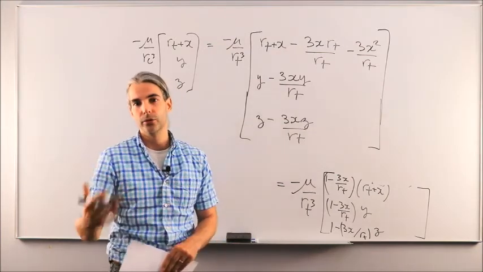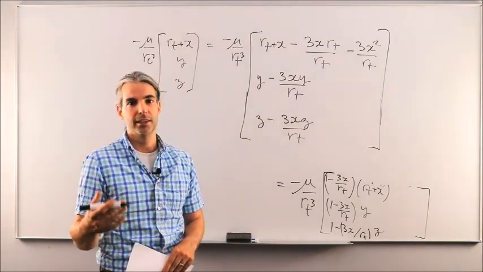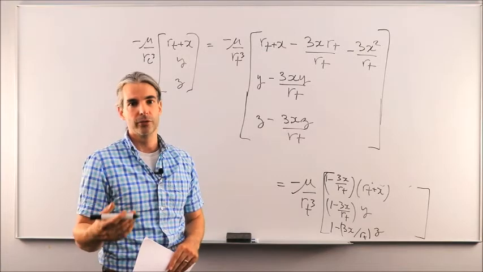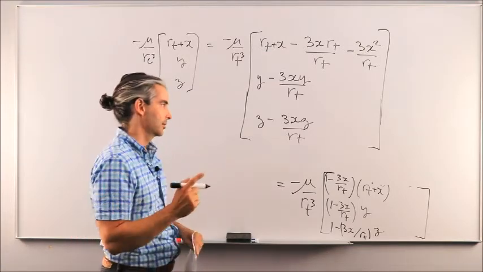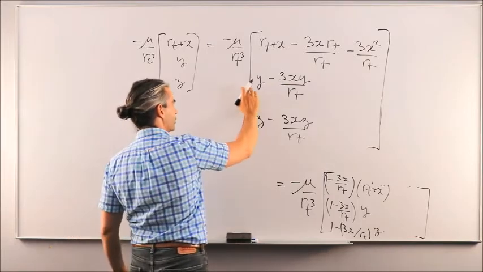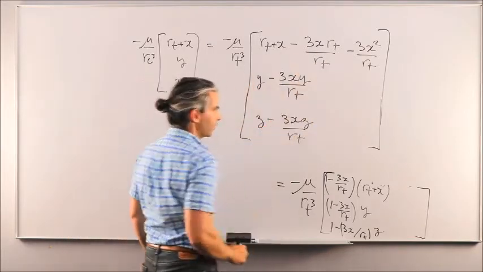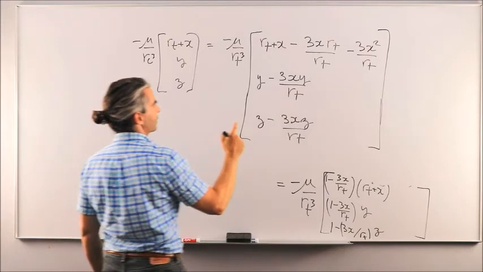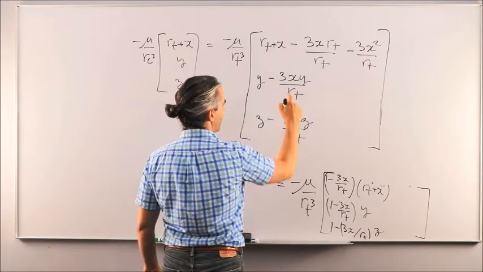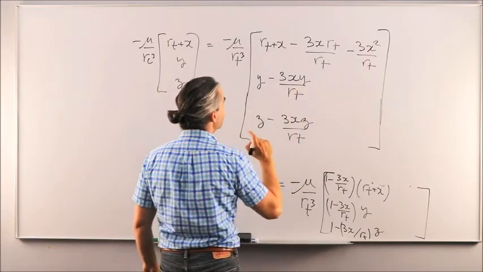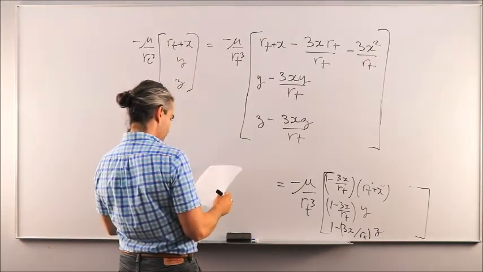And then we'll be able to come up with the explicit solution for X, Y, Z as a function of time. So this is just the first step in terms of simplifying the blue equations we had on the board. And because we are under the assumption that X, Y, Z are small compared to RT, what I'm going to do here is to